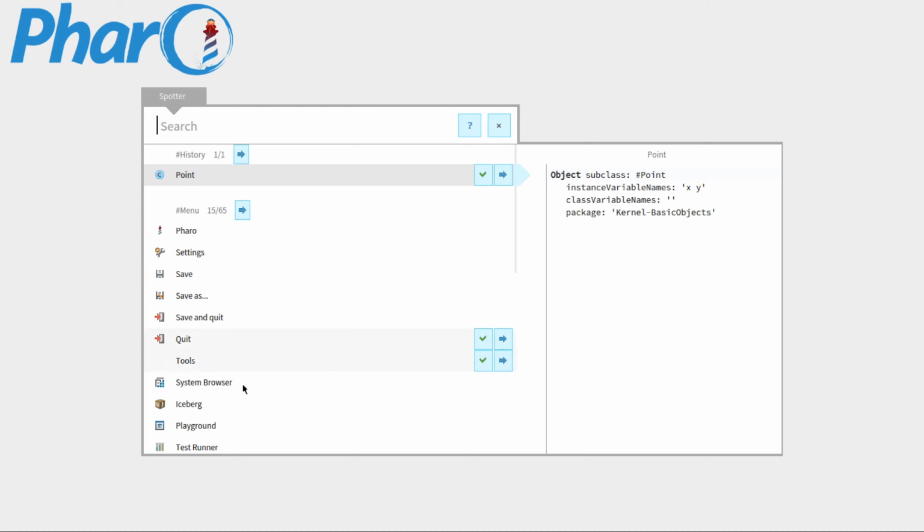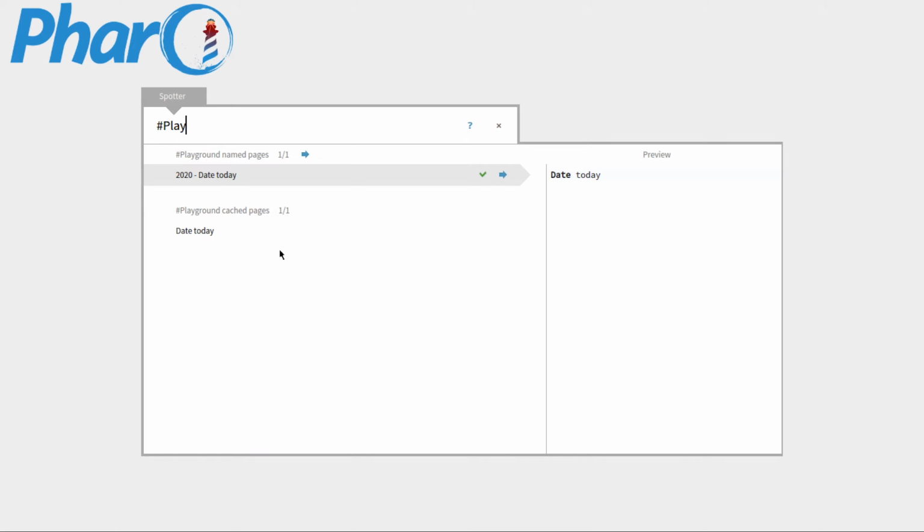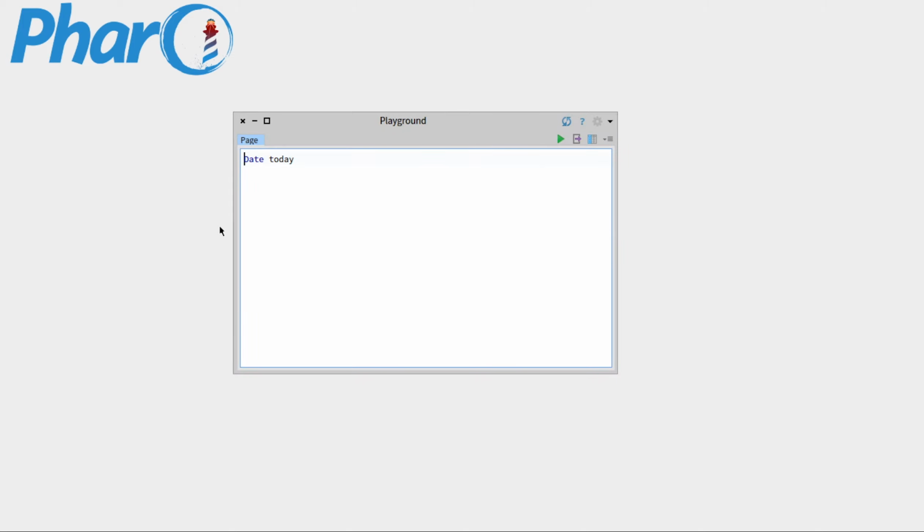We can go by scrolling, but if I write hashtag playground, you can see the playground pages. So for example here we can press enter on this playground page and it will open the playground with the last piece of code that was written. So it can help you if you forgot what you had in your playground before closing it.